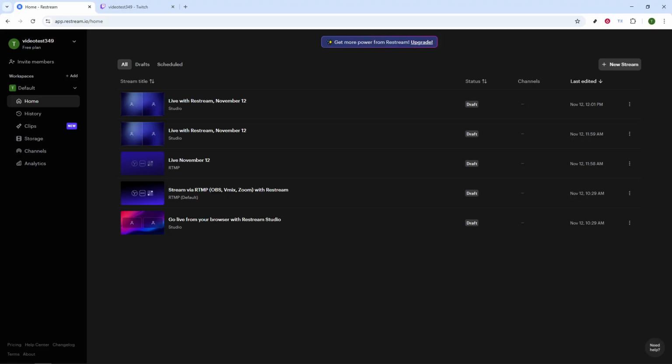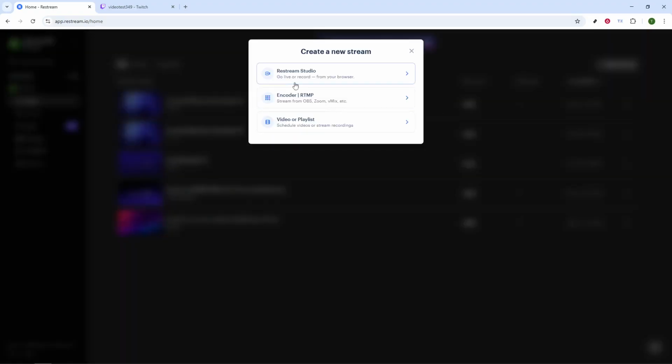Choosing your streaming method is crucial to setting up your broadcast effectively. Restream offers three main methods to go live. The first option is the browser-based studio, a user-friendly choice that doesn't require any additional software installations. It's fully integrated into your web browser, making it incredibly convenient, especially if you're looking for a streamlined, no-fuss approach